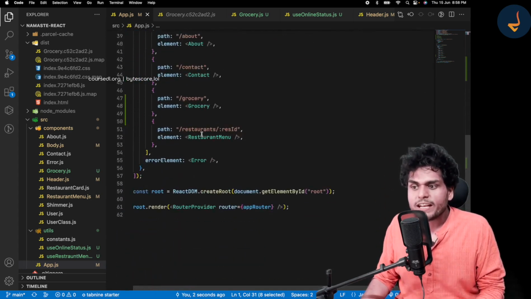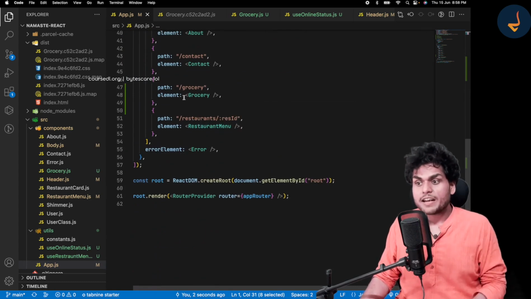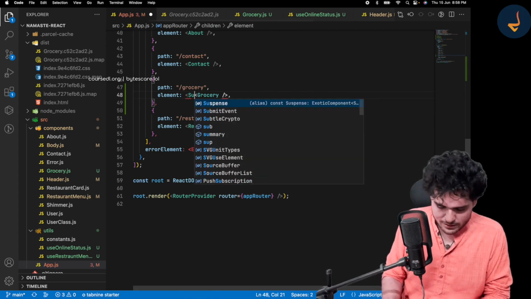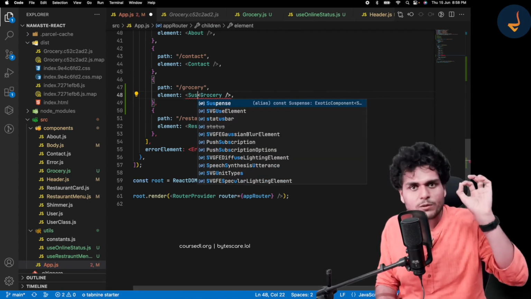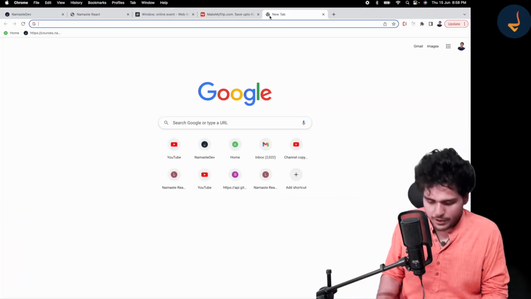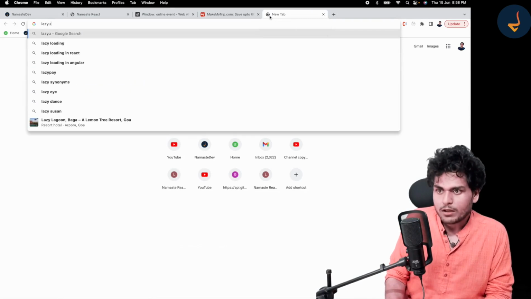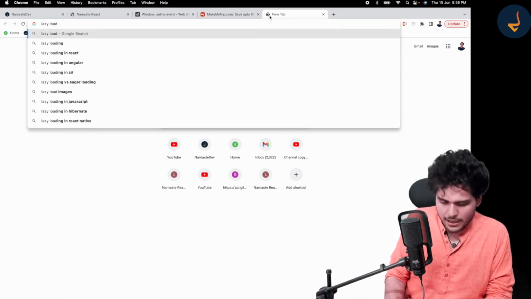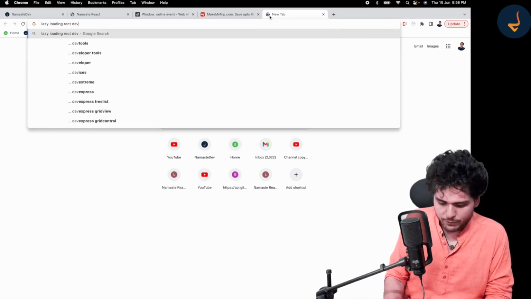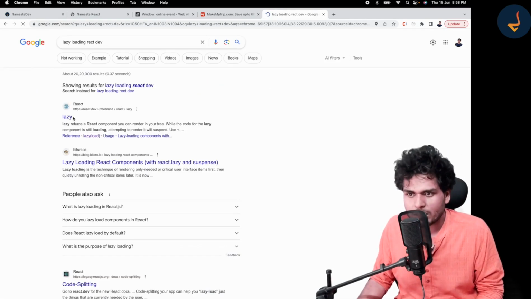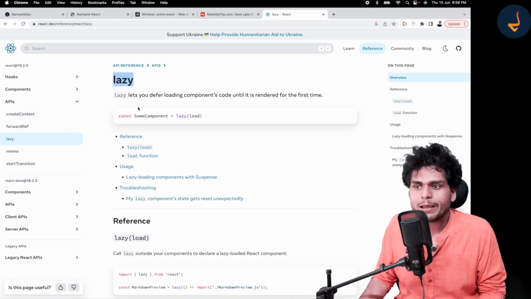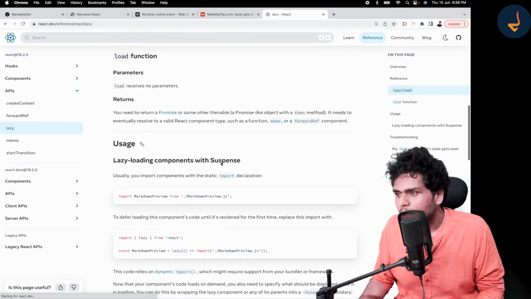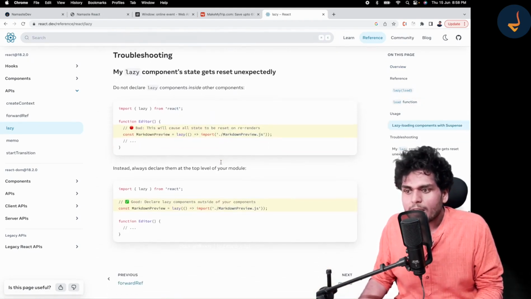Now what we can do is wrap our component in this Suspense. If you go and read the React documentation, search for lazy loading on React dev, go to the new documentation and search for lazy, and look at the API reference, React tells you to use Suspense.